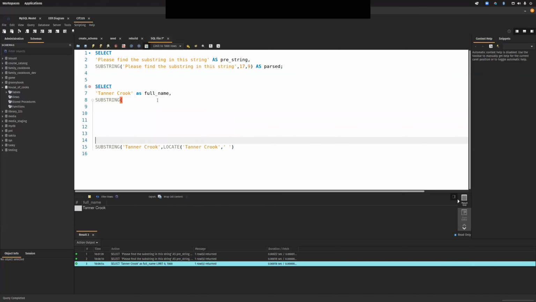So, first name. We're going to start at character 0, and we're going to read up until a certain character, in this case, a space. Now, we can't necessarily just say, oh, read up until the character. So what we do is